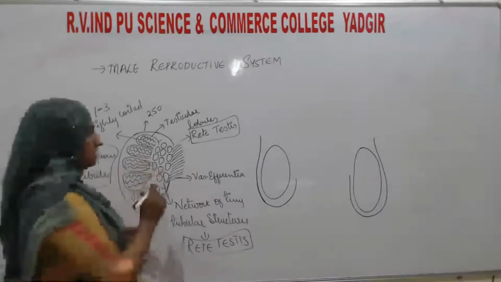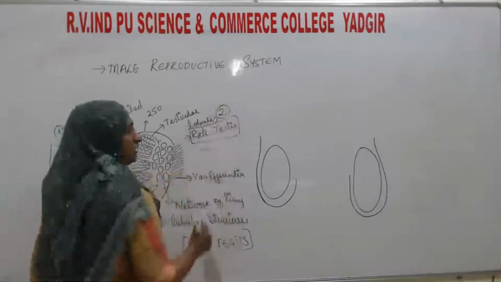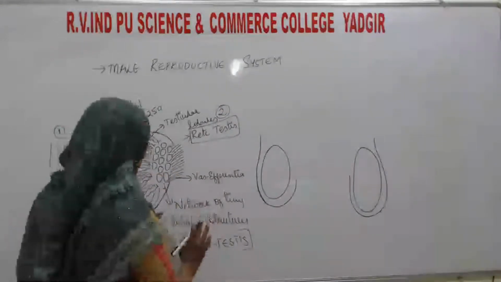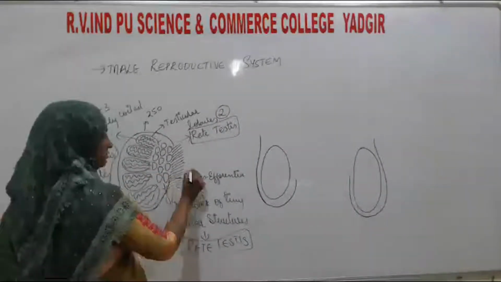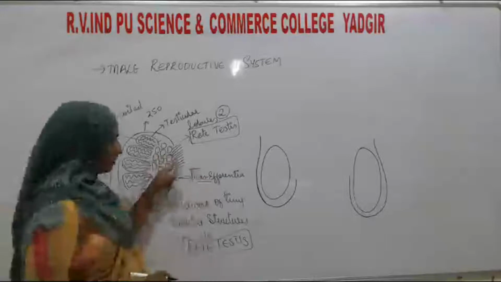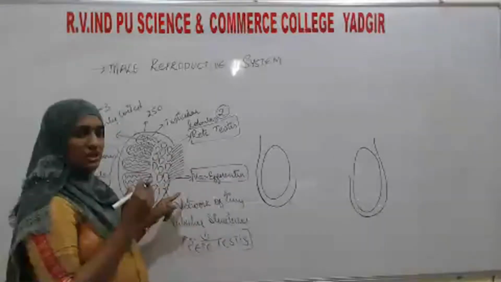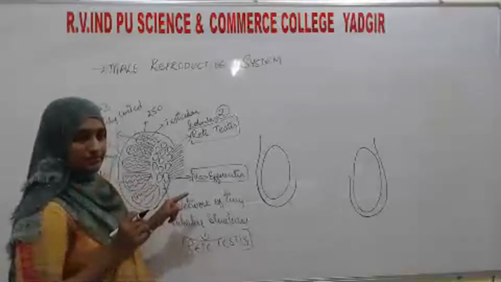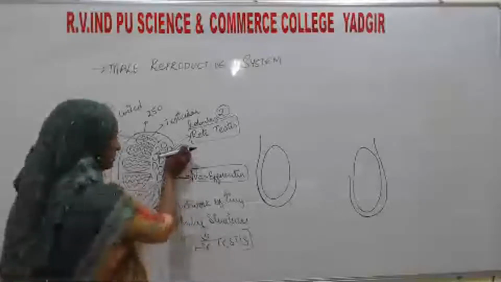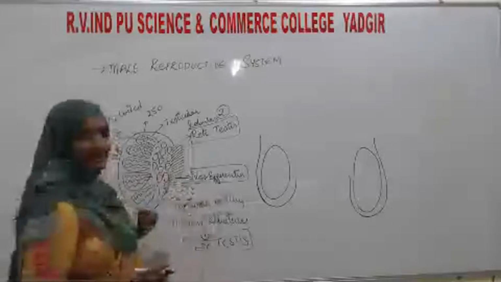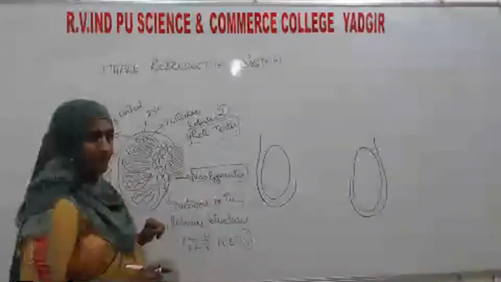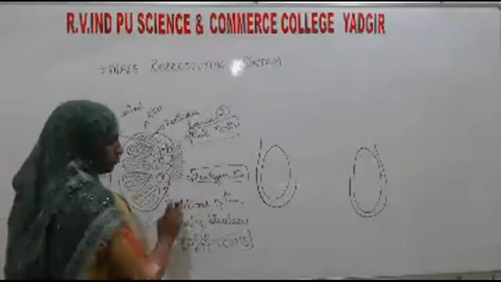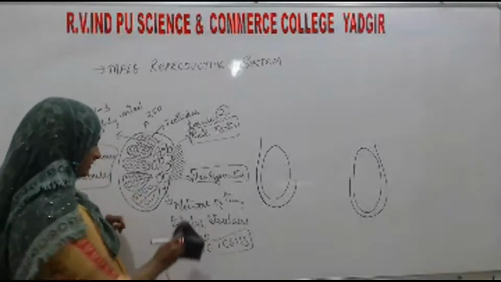Secondly, here it is going to convey to the rete testis. Third, here to the small tubules which are very fine and very thin. Okay, and these are known as the vasa efferentia. Okay, now next, these vasa efferentia